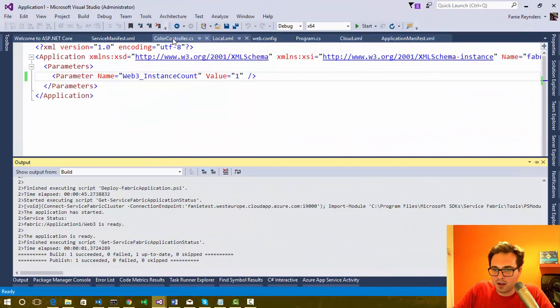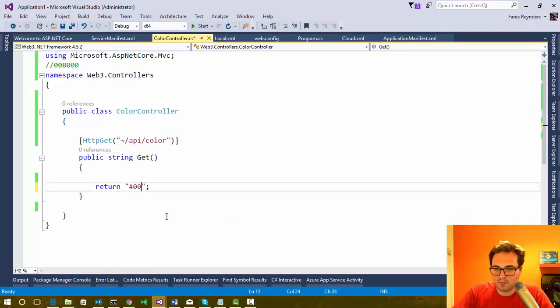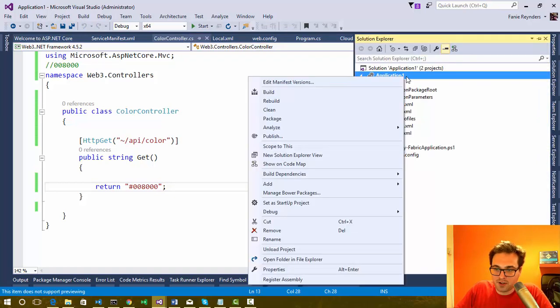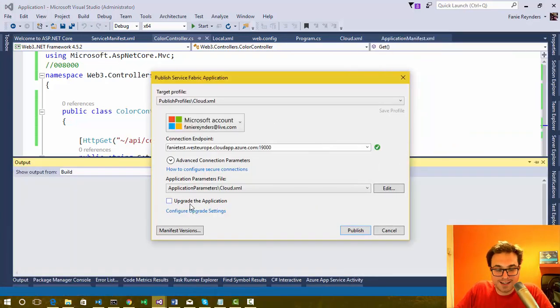Let's go and upgrade my color controller, and let's call it a different color, for instance. So when you call this, I want to be able to have this as a different color. Then I literally go right click and go publish. And the next thing I need to remember, instead of creating a new fresh copy, I'm going to click upgrade